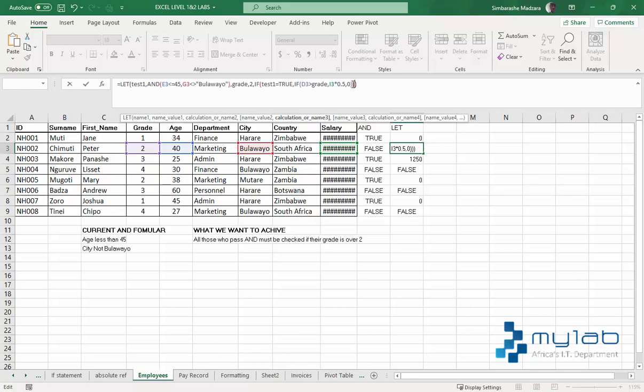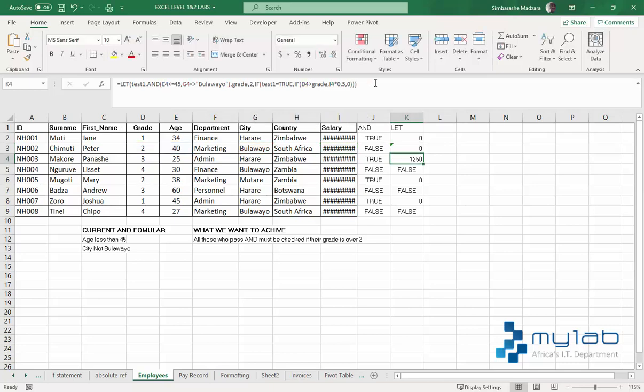So these problems do happen when you're working in Excel. You should actually be able to quickly pick up where your problem was and fix that. Here we go. There's supposed to be a 0 in there. Now if I drag down again, our formula should work. And yep, it does actually work. So this is the let function. What it does for you again, it allows you to place variables inside a formula. I'm going to do another video again with another example for let, but for now, thank you for watching, and